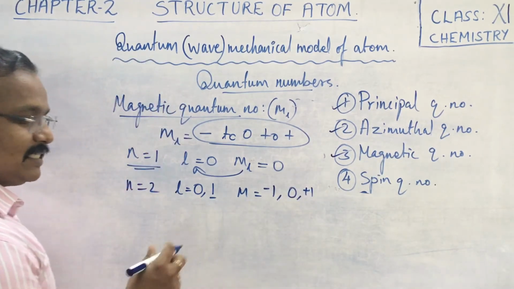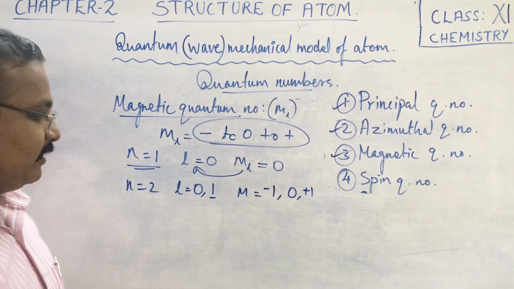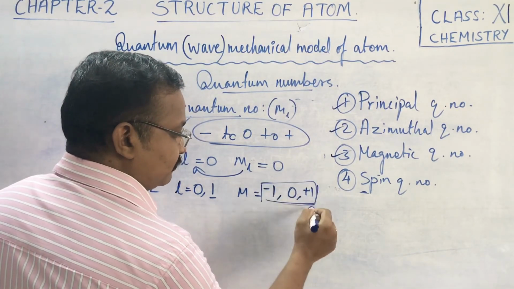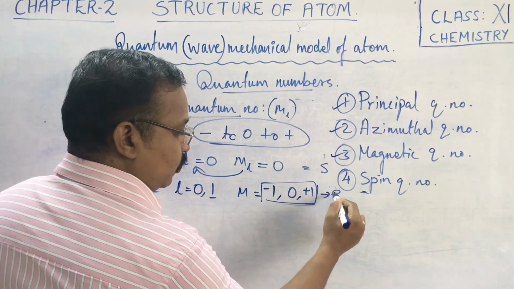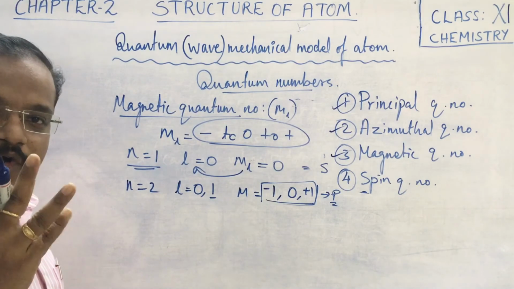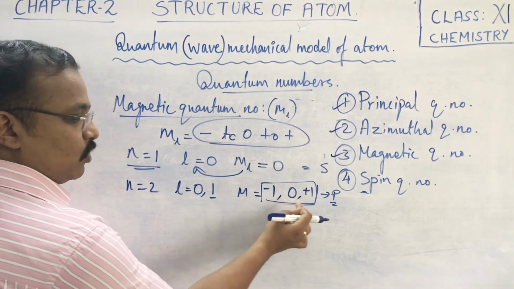So this actually explains the orientation of electron, where these are the three orbitals which can be found. Here we had only s orbital. Here we get three orbitals. That is, three orbitals come in p only. P has three orbitals, represented by minus 1, 0 and plus 1.